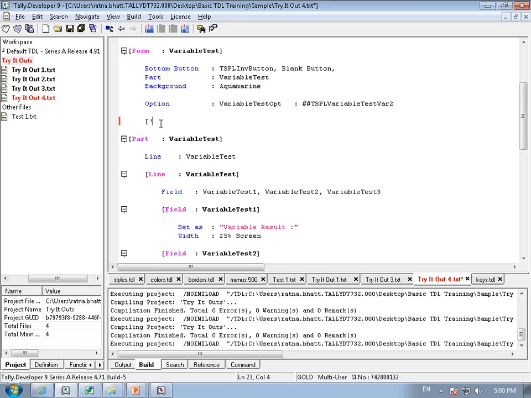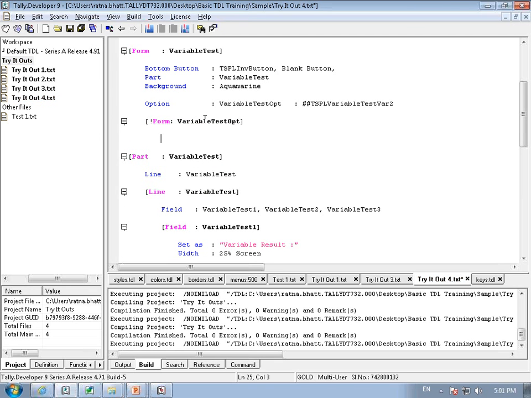Now what will be the definition type of variable test opt? Form, because it is declared under the form definition type, form name,